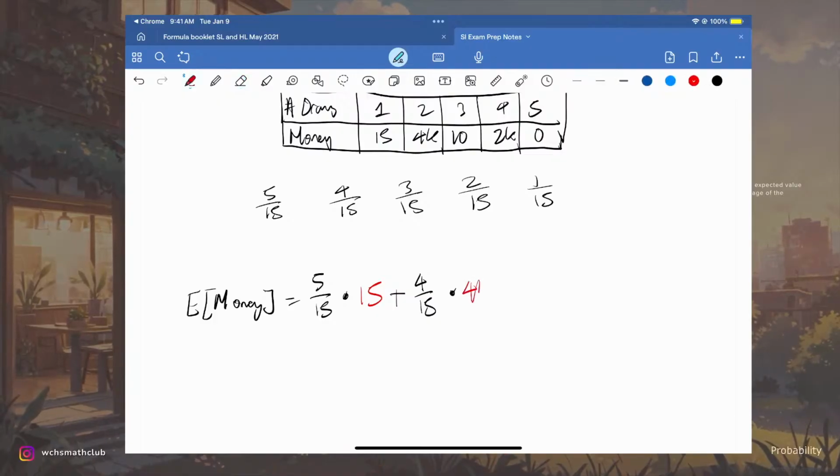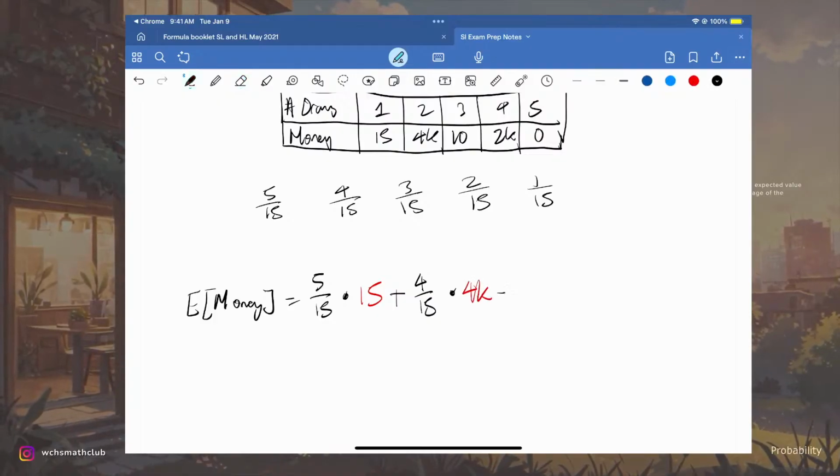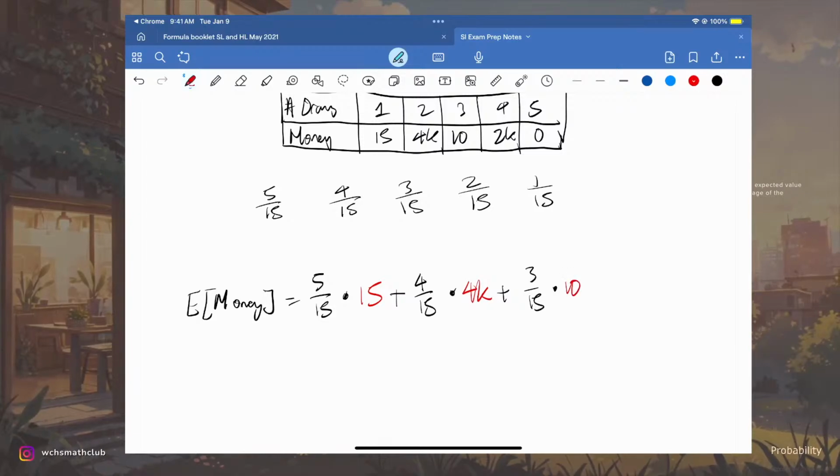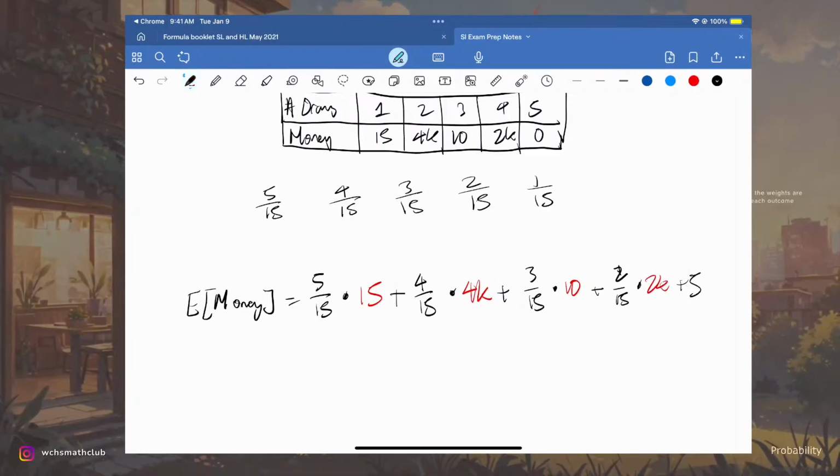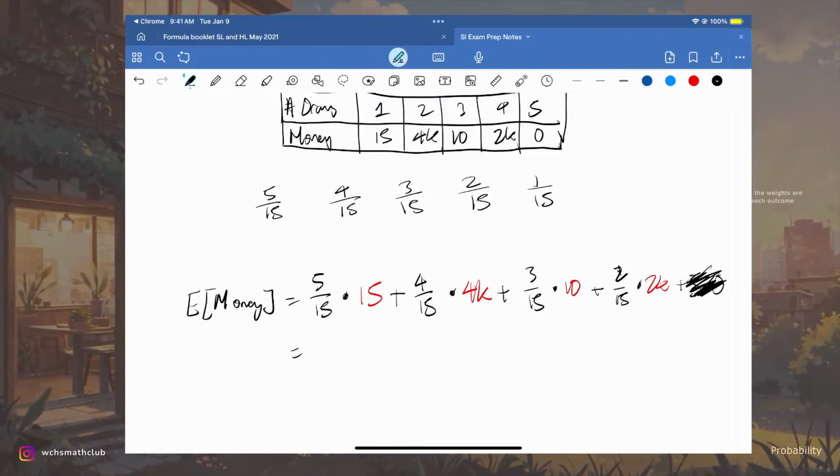Multiplied by 4k. And then basically we can just continue like this for each of them. Plus 2 over 15 times 2k, plus 5 times 0. And this is just 0, so we can ignore that. And if you simplify this,